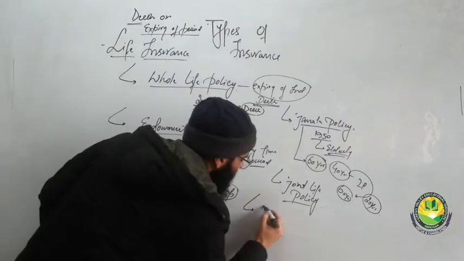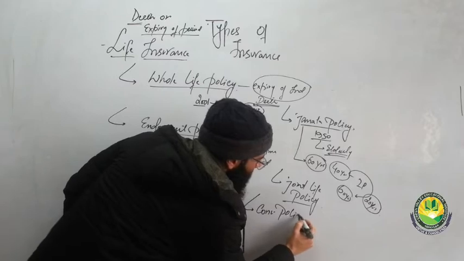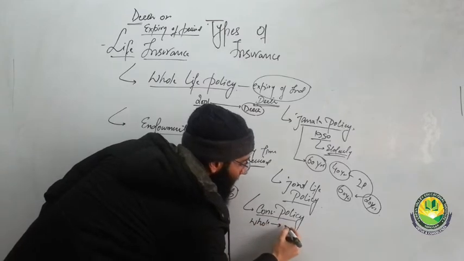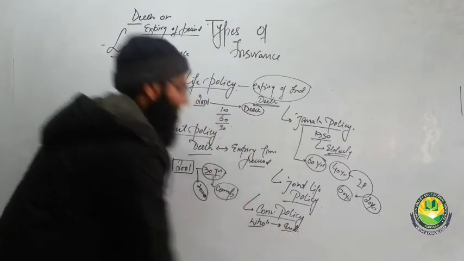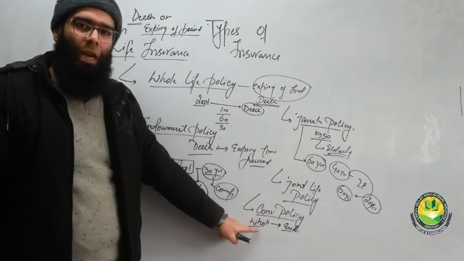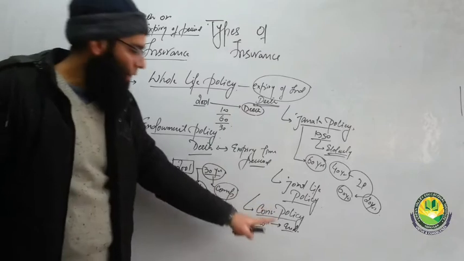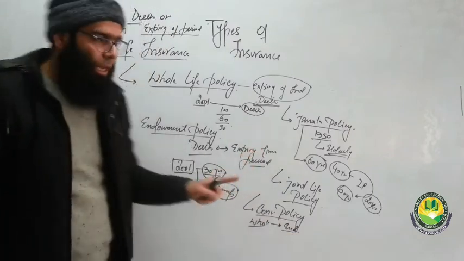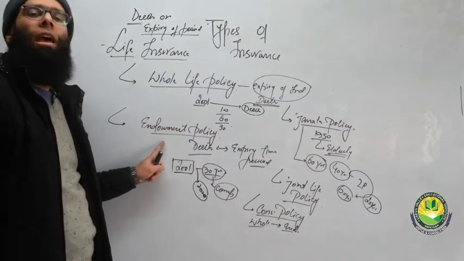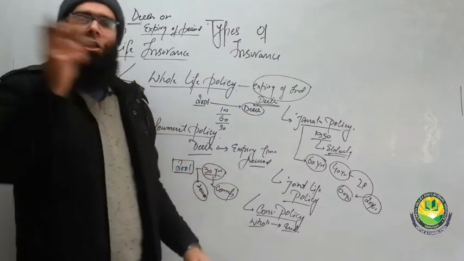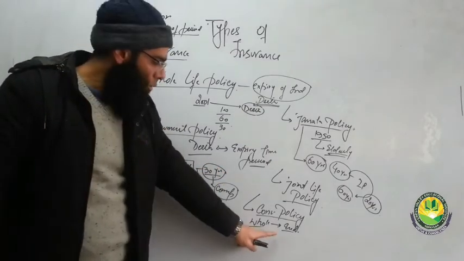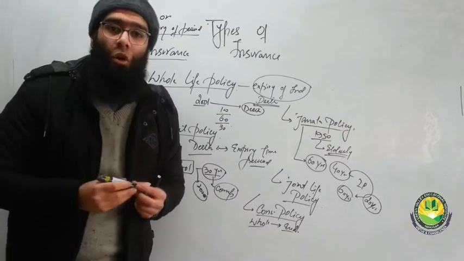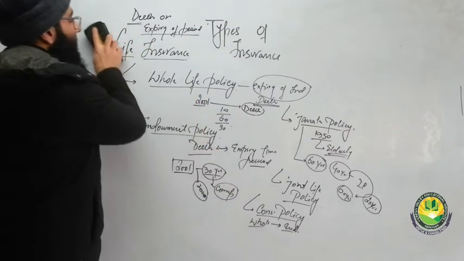Then we have convertible policy, wherein a whole life policy can be converted into an endowment policy. Before, it didn't have any time period. It will only expire on death. But if I want to put some time period into it, it becomes an endowment policy. Certainly, here the premium is less. Endowment policies have more premium. So if you are converting the whole life policy into endowment, the premium shall increase. Now, an endowment policy will have both death and expiry of a time period as a cause of compensation. So these were the types of life insurance.